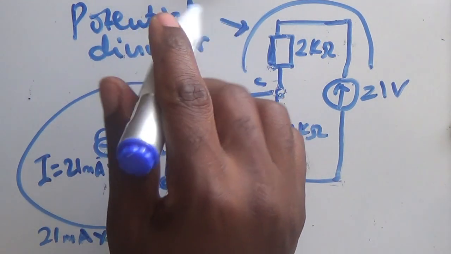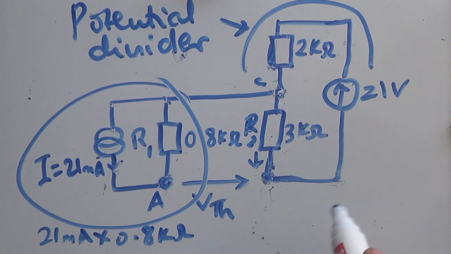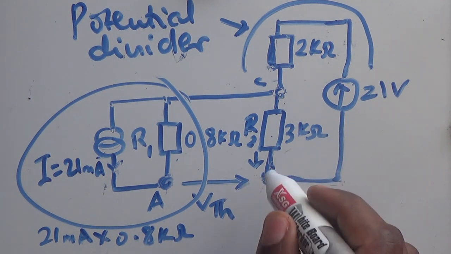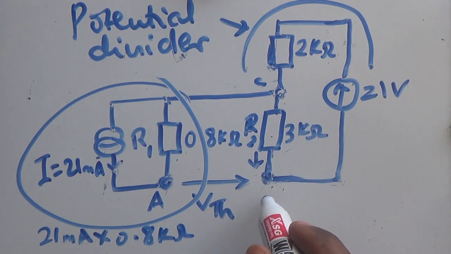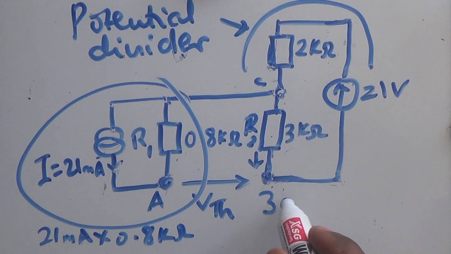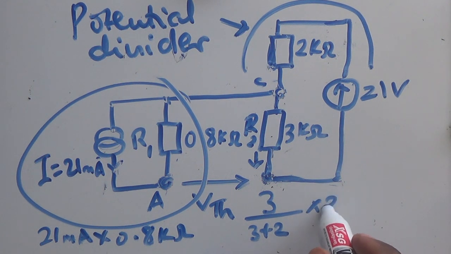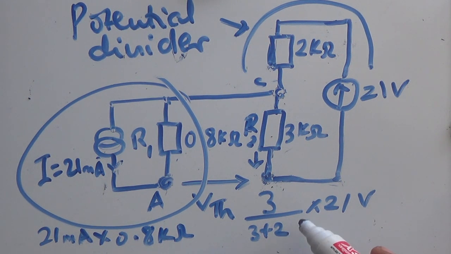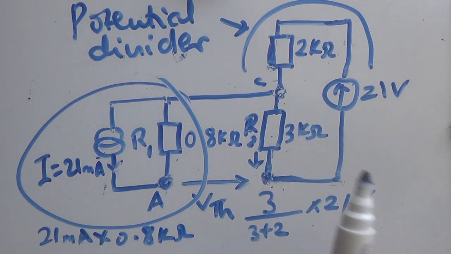So this potential divider here will eventually give us the one which is engulfing the potential that we want, which is the 3. So it will be 3 over 3 plus 2, then times the 21 volts. So this is 3 over 5 times 21, and so we end up with